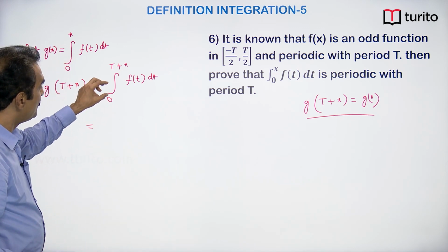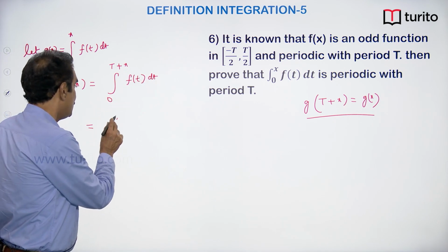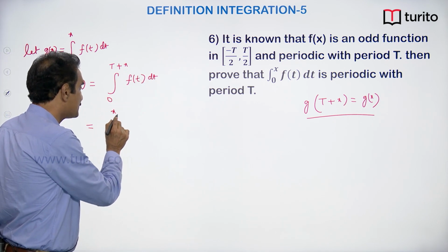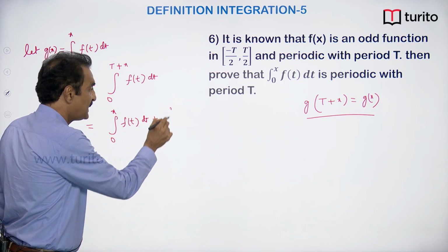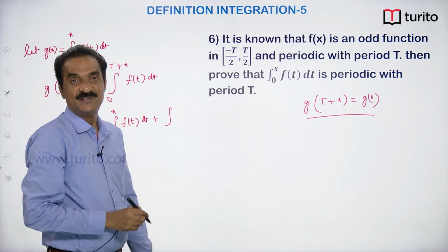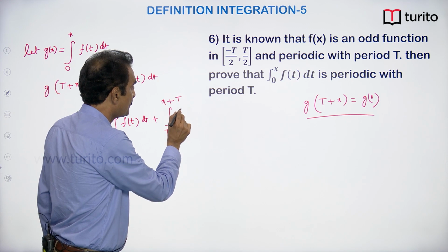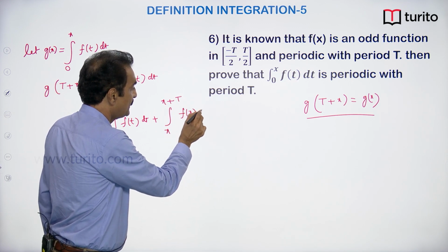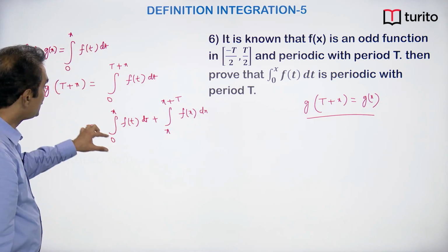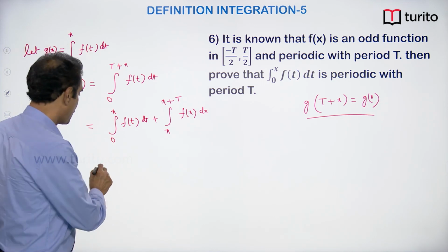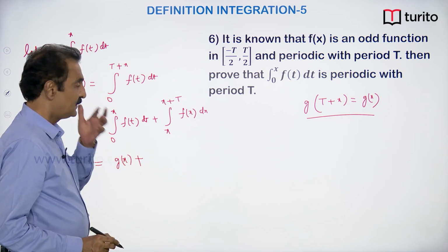Now, we can write this definite integral as a sum of two definite integrals: the integral 0 to x f of t dt plus the integral x to x plus T f of t dt. This first one is nothing but g of x. Plus